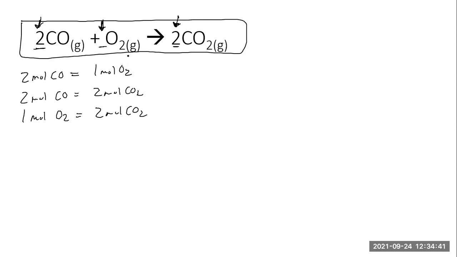The purpose of stoichiometry is because when we have these problems, we're usually given information about one thing in the problem. So, for example, let's say we were told, hey, we started